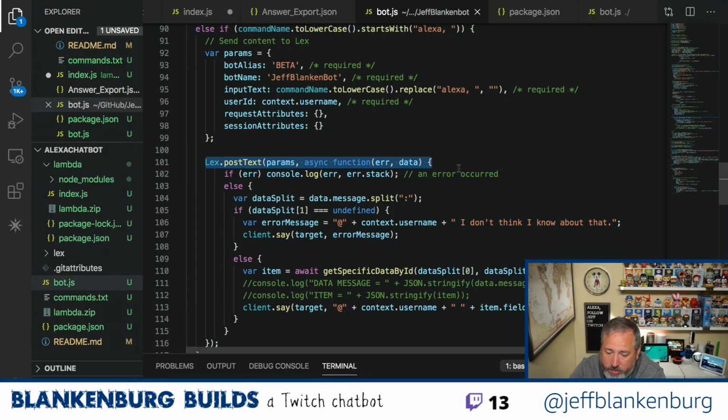So the posting still all makes sense. It's the retrieving, the data that I receive here, this is the string. Because of that, I need to get this new chatbot up and running, and there are a few pieces I'm going to need to do that.